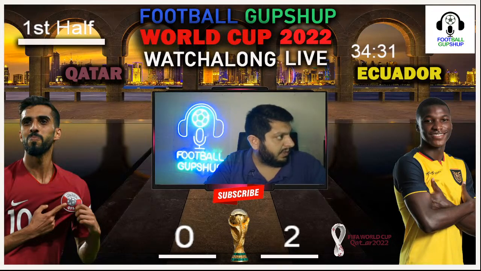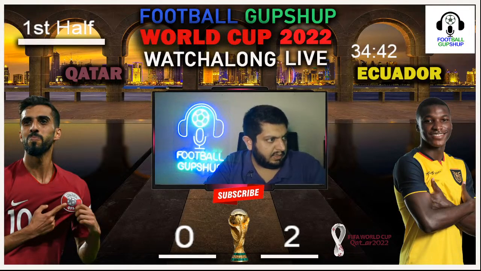35 minutes into the game, Qatar nil, Ecuador 2. And right now the ball has been put back. Once again, Ecuador on the ball, trying to push the ball forward. It is still with Qatar. They're having the ball at the back with the goalkeeper, pushing the ball forward. And right now, you can clearly see that Ecuador once again trying to keep hold of the ball, and a Qatar player goes down on the ground.